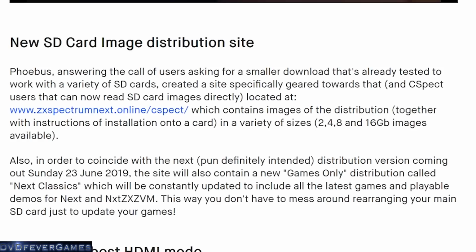New SD card image distribution site. Phoebus, answering the call of users asking for a smaller download that's already tested to work with a variety of SD cards, created a site specifically geared towards that, and CSpect users, which is the ZX Spectrum Next emulator, can now read SD card images directly. It's located at the website there, which contains images of the distribution, together with the instructions of installation onto a card, in a variety of sizes, 2, 4, 8 and 16 gig